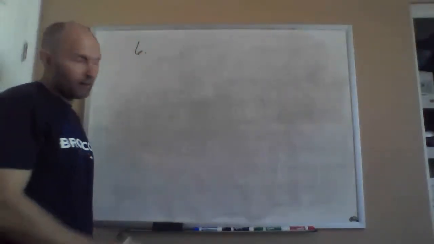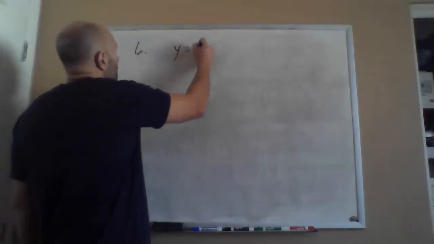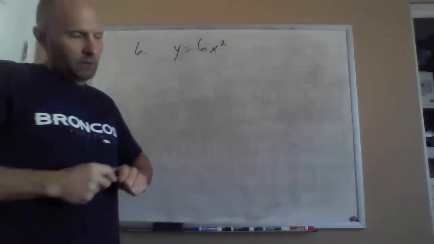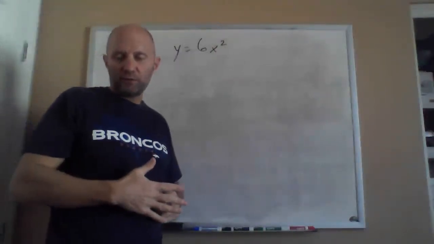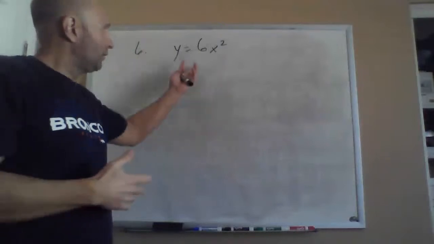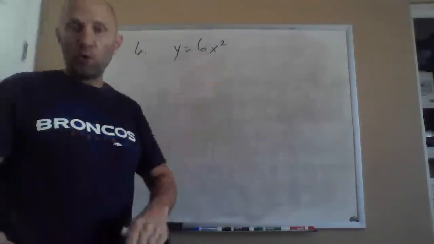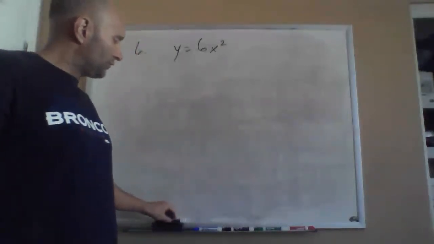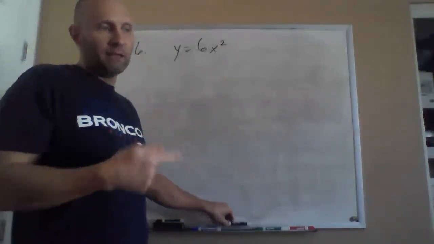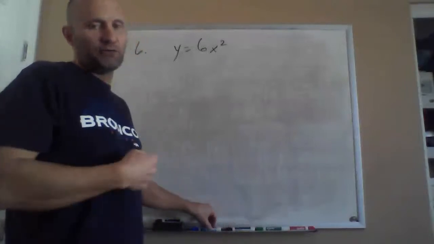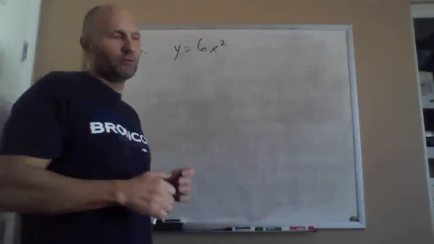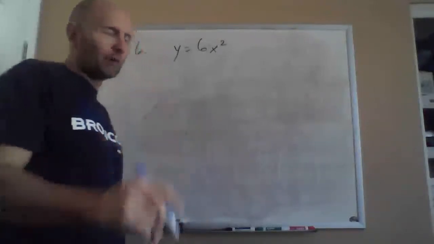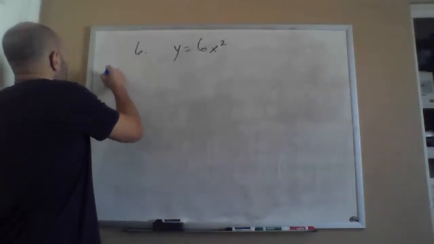Number 6, we have y equals 6x squared. So we need to convert this from rectangular, x's and y's, into polar, r's and thetas. So use the 4 equations that I gave you at the start on the board to try to simplify this one so that it ends up as an equation r equals something. Now, before you start working this one,